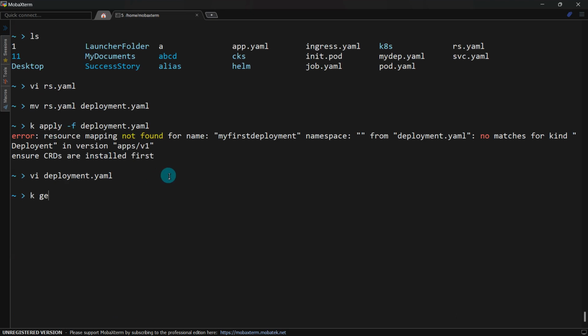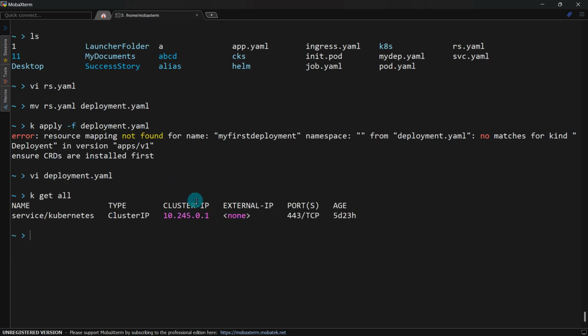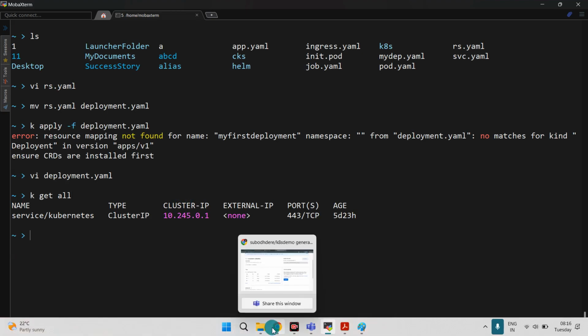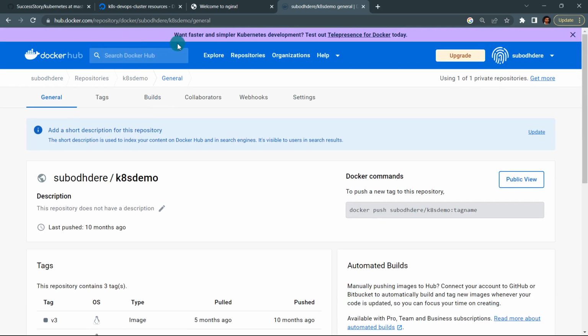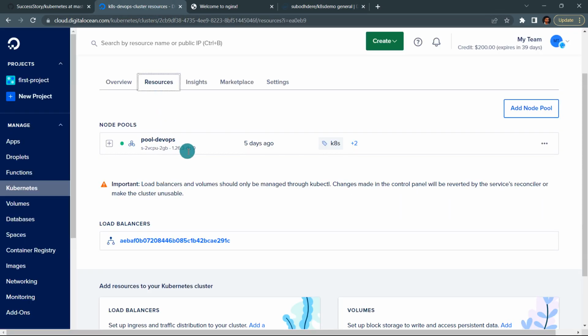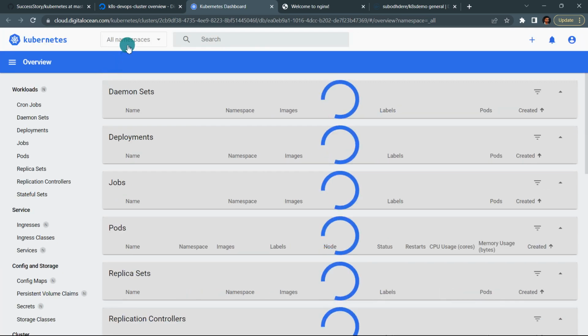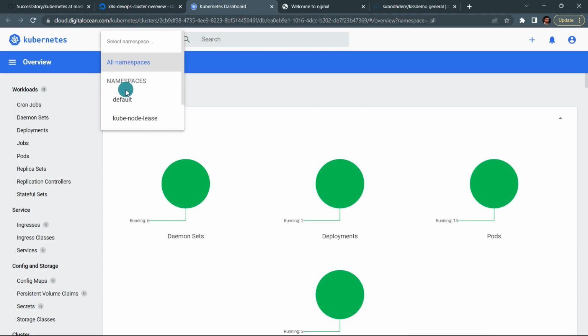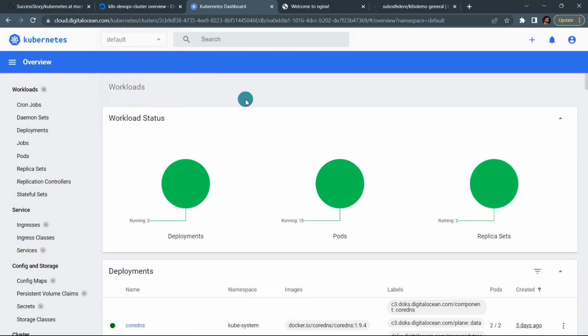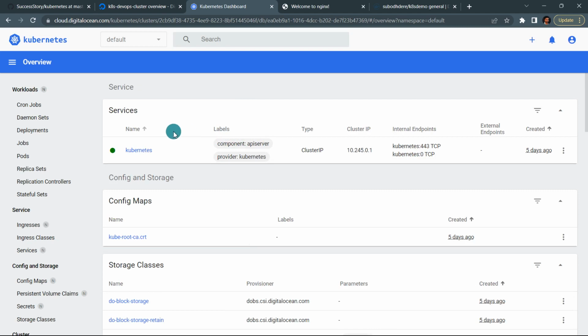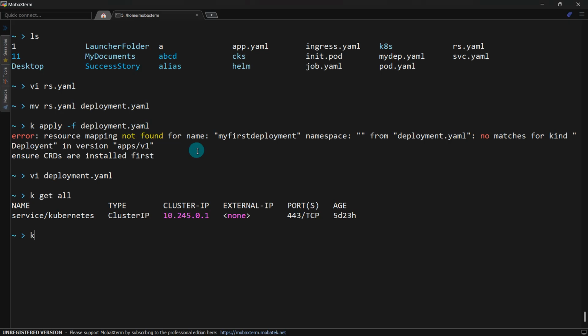Okay, so if you do kubectl get all, I don't have anything, I just have a single service. And similarly, the same thing is visible over the dashboard as well. If I just show you the dashboard, within the dashboard you just have to select default, not all namespaces, to get proper information. Just select default. As of now you can see there is only this service, no pods, nothing else running over here, and this is the default service. Now if I try to apply this,